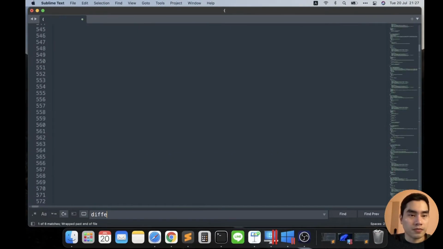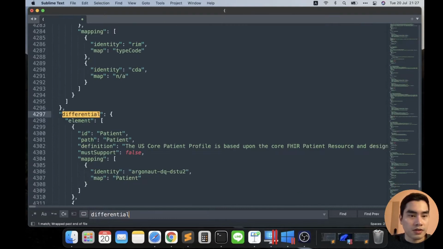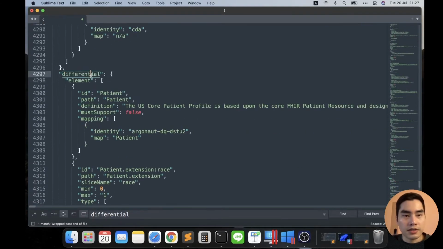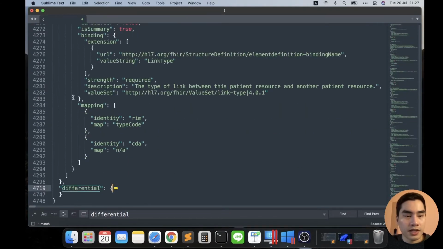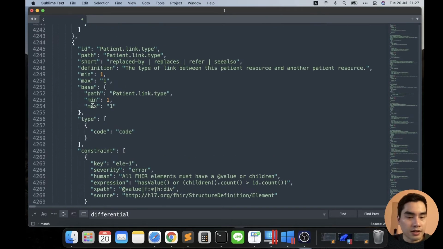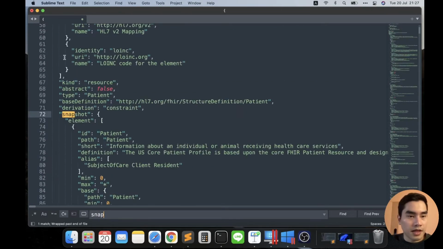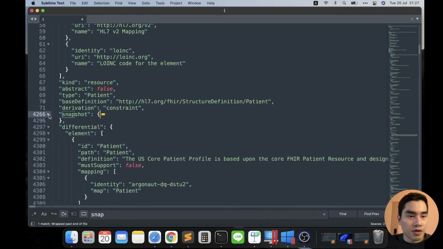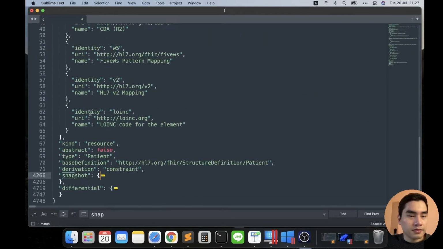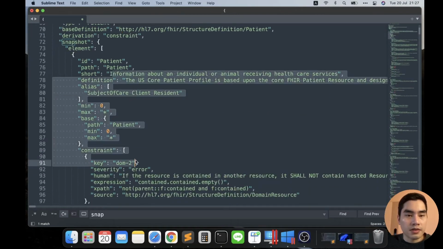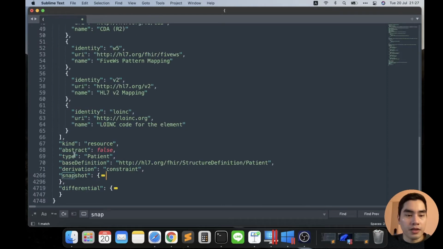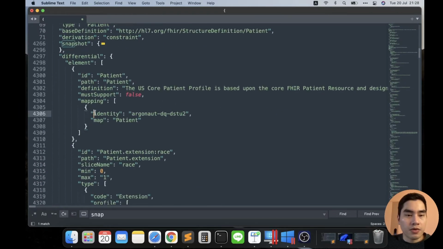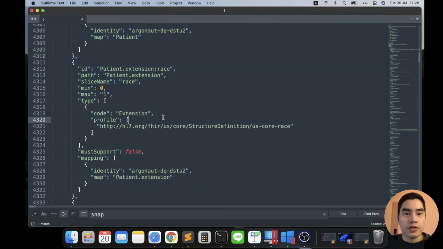So I think here is the differential object, and here is the snapshot object, snapshot element and differential element.